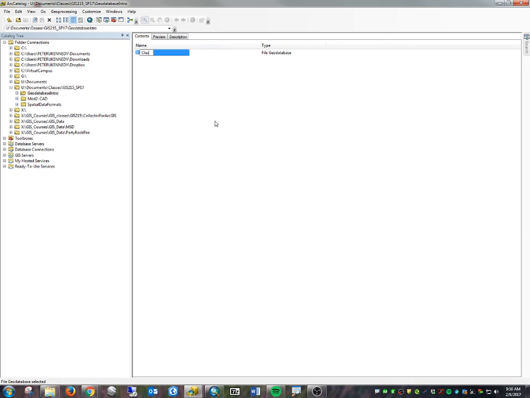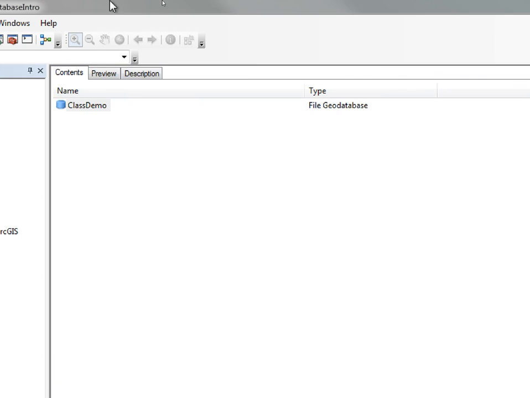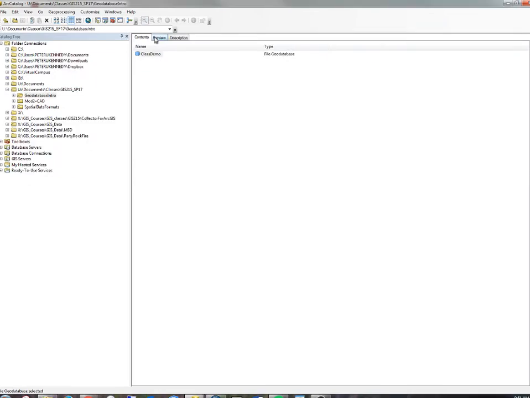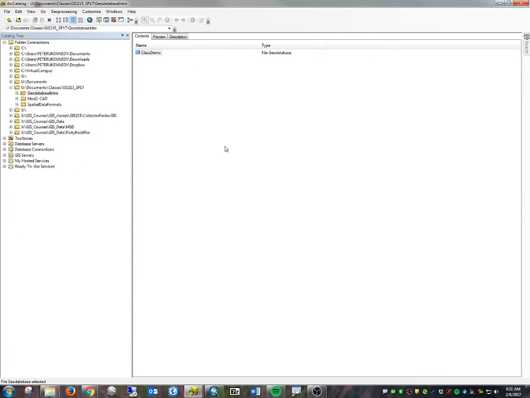So I'm going to just call this one class demo. There's my class demo file geodatabase. And let me zoom in for you so you can see it there. And now, if you